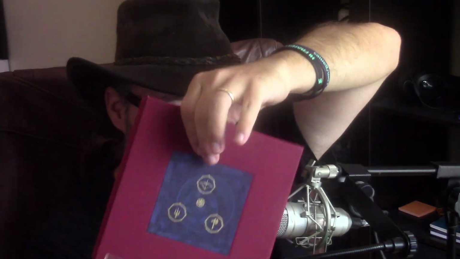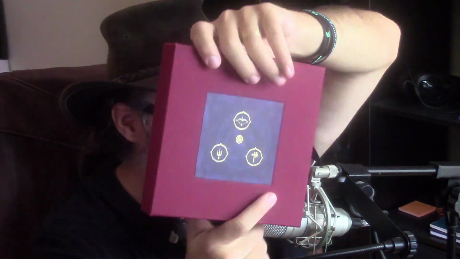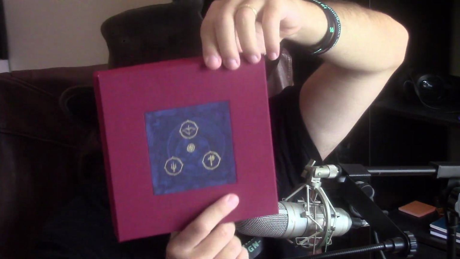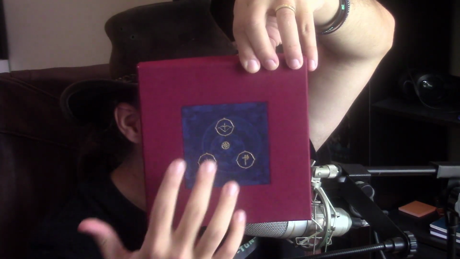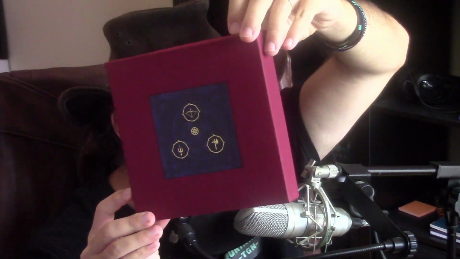And let me just tell you, the texture of this box feels really nice. It's almost like it's got fabric around it, even though it doesn't actually have it. I don't know, it's just something about the texture of this that feels nice. So we got a couple of symbols here. We got the trident, the bow, and the axe, which I believe are actually mentioned in the story trailer